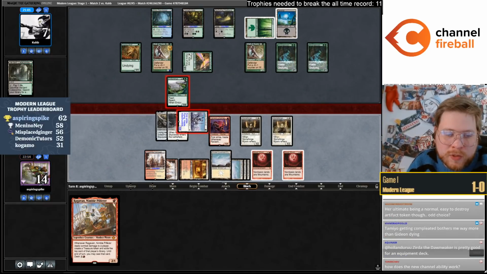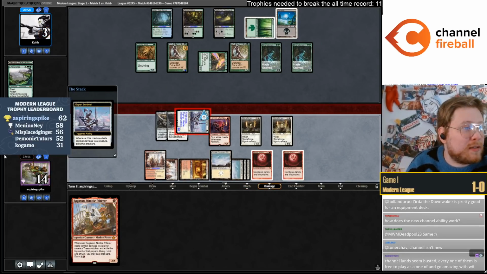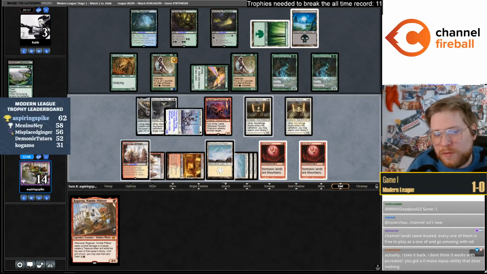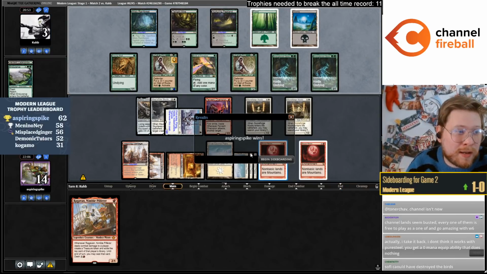Her ultimate being a normal, easy to destroy artifact token, odd choice I guess. I feel like players will very regularly talk about how Planeswalkers' ultimates are underwhelming, but it's almost never that relevant in actual games of Magic. The ultimate just doesn't matter that much. And it's also true that